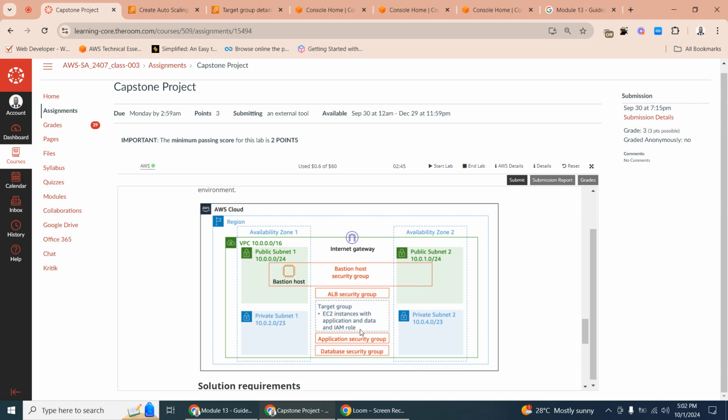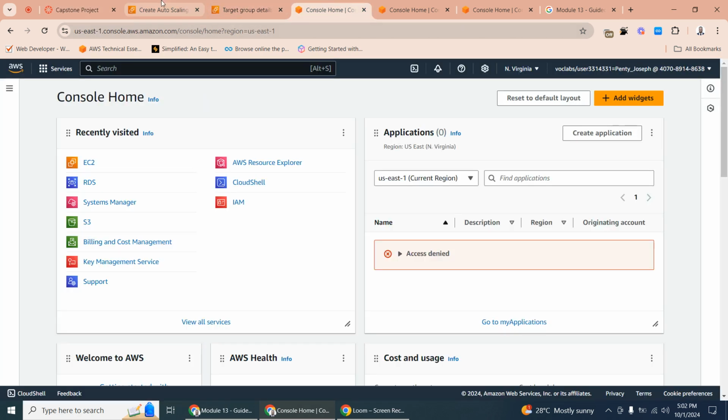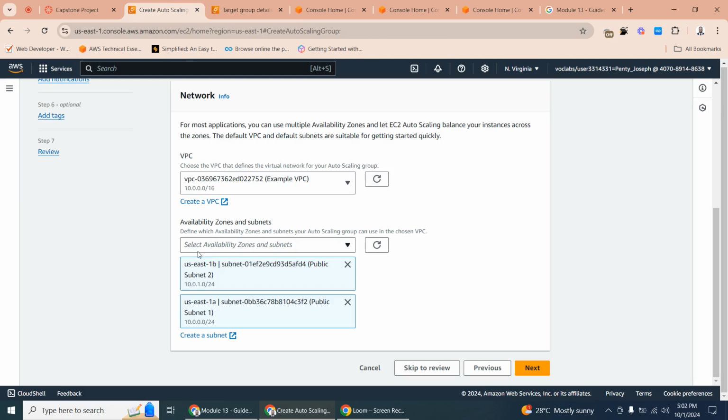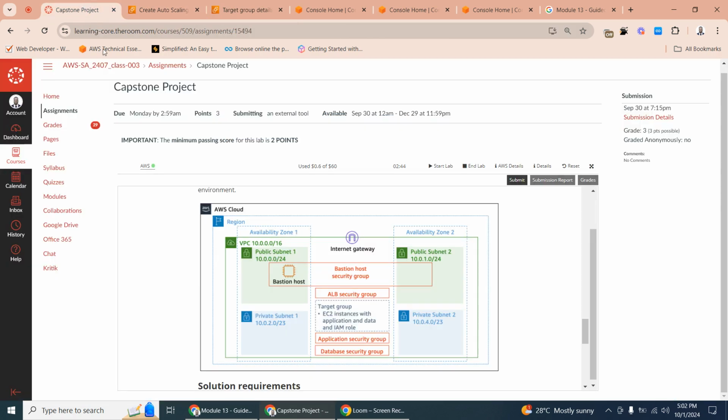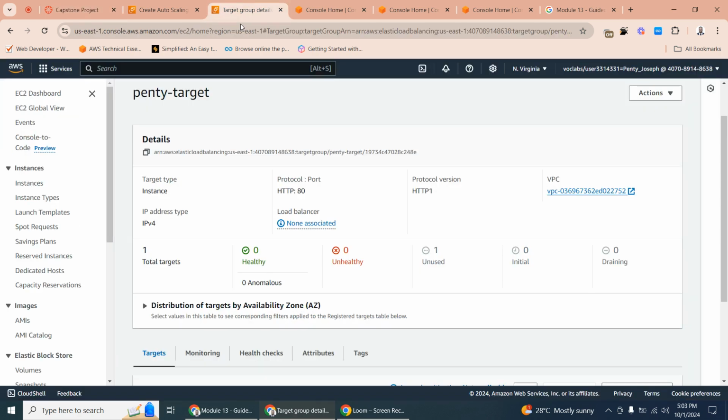So let me see this, target group, private subnet. What are we creating? Yes, auto scaling. Okay, so the auto scaling is going to be somewhere here, you see, and it's going to scale in and out. So looking at where it is, then,